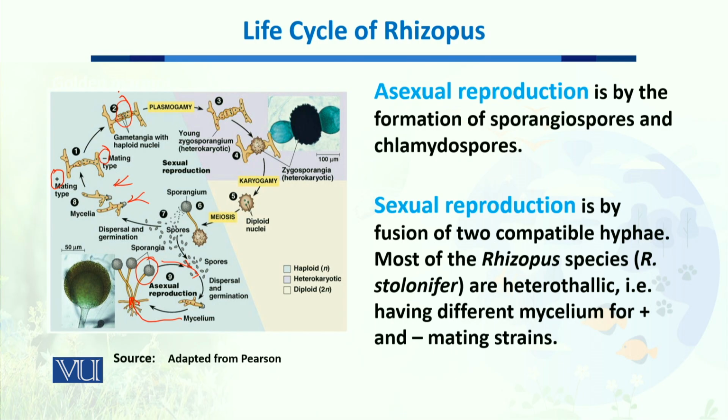After the gametangia, the mixing of their cytoplasm takes place, which is known as plasmogamy. After plasmogamy, karyogamy takes place, which means that a structure known as the zygosporangium is synthesized. It's a very hard structure. You can see the actual structure of this one. It's a very hard and protective structure which is dispersed into the soil, and it contains many diploid nuclei, and